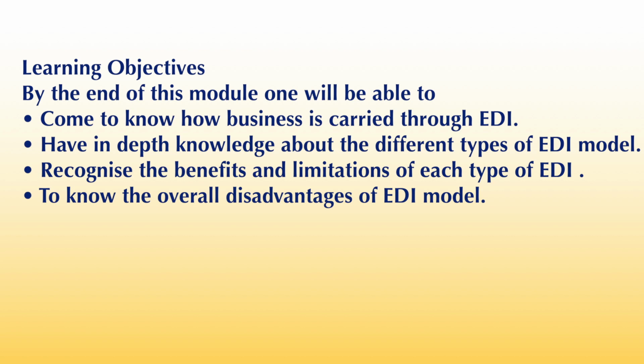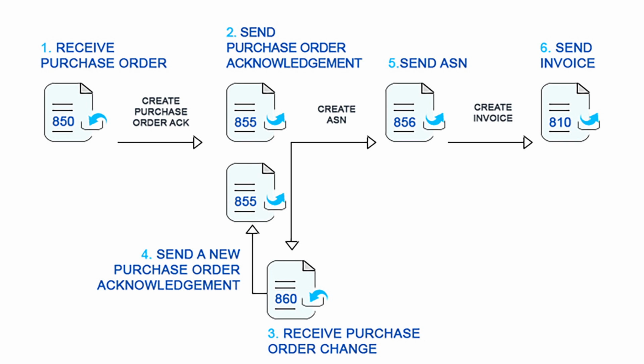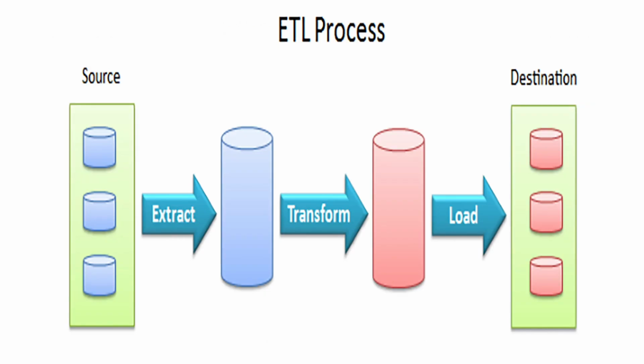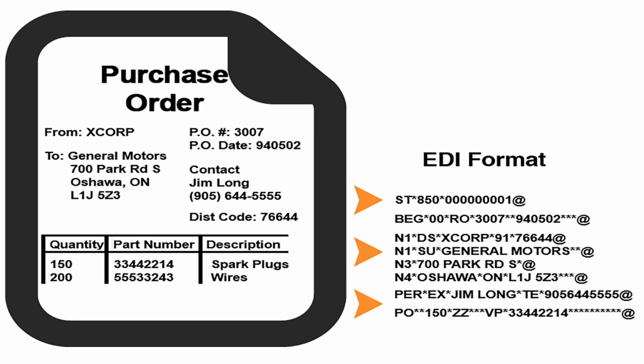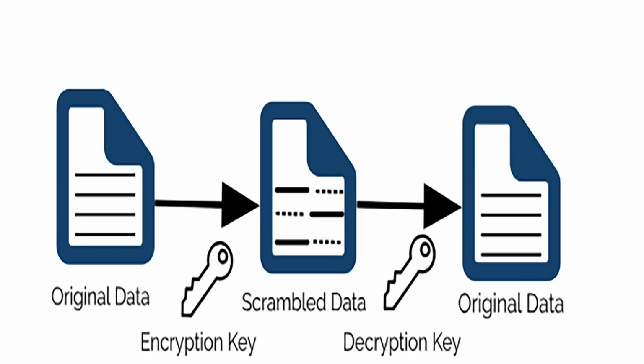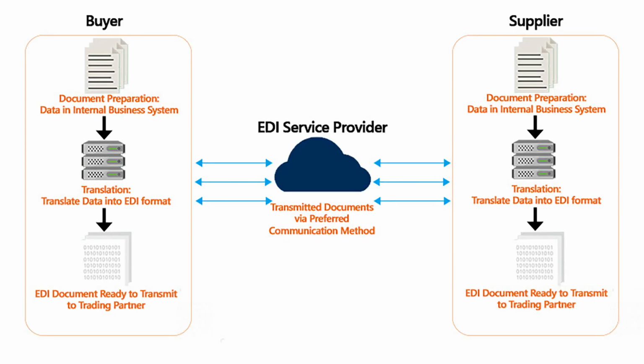About the overview of the business process model through EDI. A business process is a collection of linked tasks which results in the delivery of a service or product to a client at the end. It includes the following tasks: extraction of data from the sender database, formatting of the data into the EDI standard format, encryption of the data to provide security, transmitting data through the chosen communication medium to the trading partner,